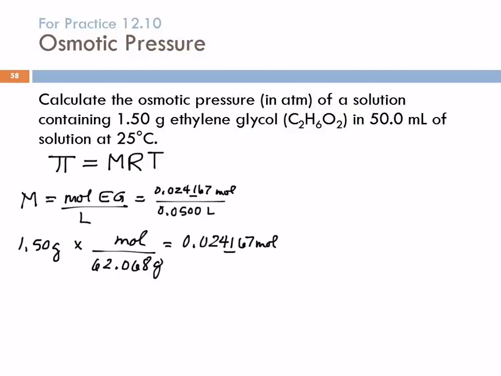So we take our moles, we divide by 0.05. This is still going to have 3 significant figures. I get a molarity of 0.483. Throw in 2 extra digits. That's moles per liter. So pi equals MRT. 0.48334 moles per liter. And then the ideal gas constant,